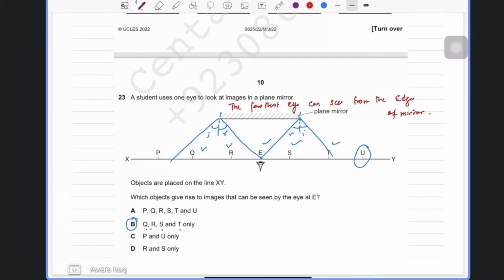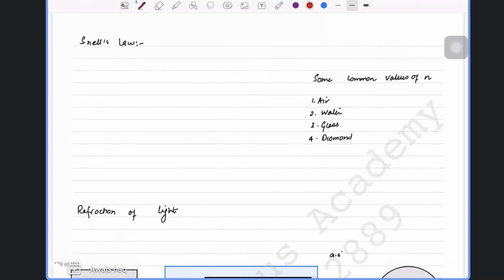All right. Now we're going to go to the next question, and Snell's law. Before we head further, we just need to know what Snell's law is. Snell's law basically tells you about refraction, and let's write about it. Snell's law basically says it is the ratio of the speed of a wave